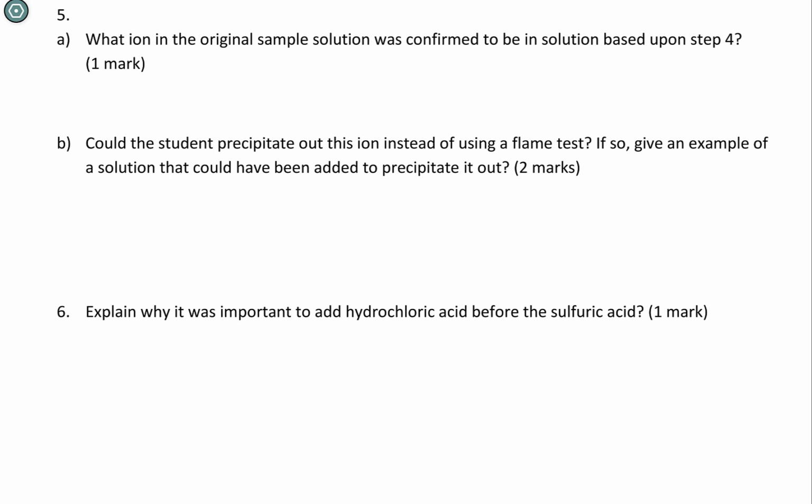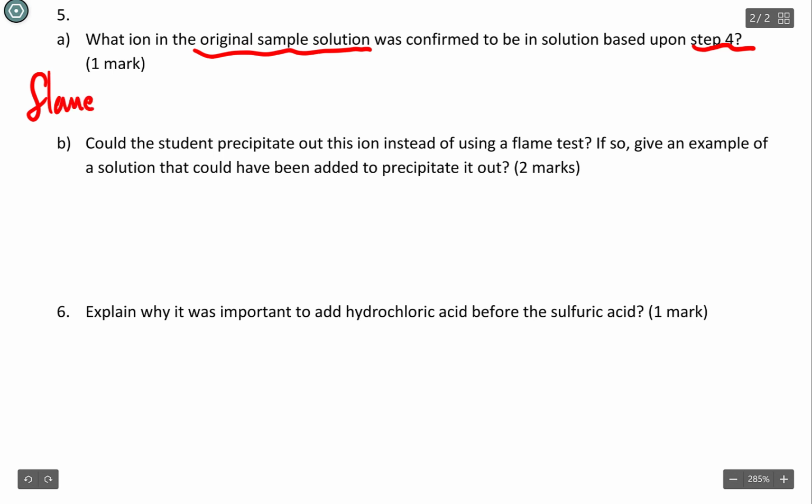Okay, so we're continuing on with our lab here. We're just gonna keep answering some questions. So it says, what ion in the original sample solution was confirmed to be in the solution based on step 4? Now step 4 was our flame color, and our flame color produced was red,